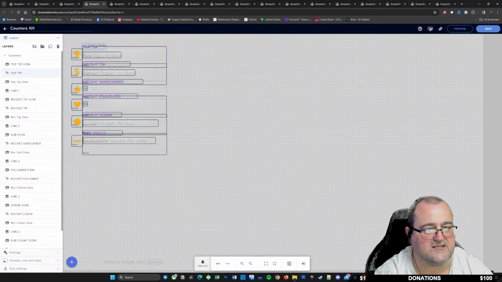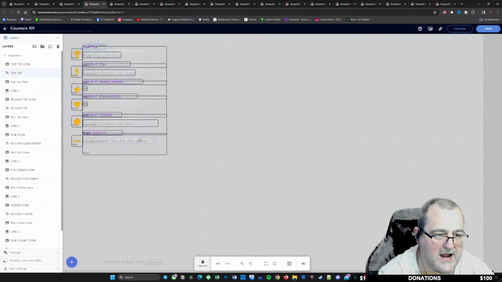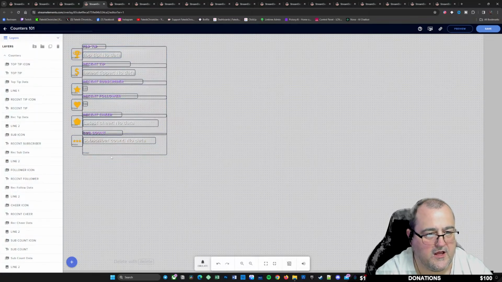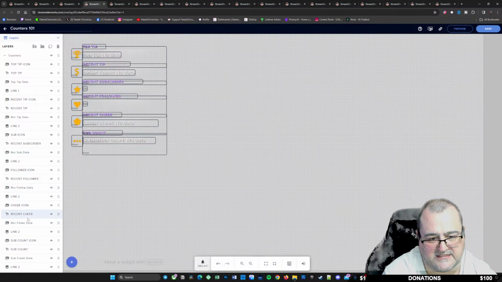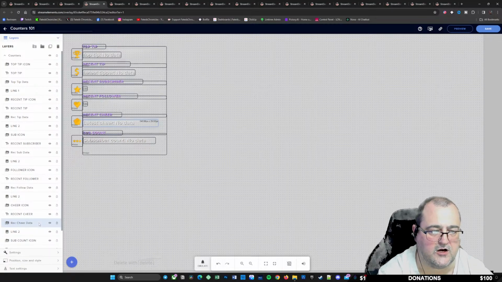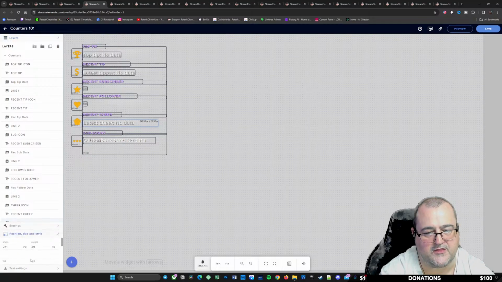Now, you've got the size of the box that you're working with here, but the size of the text is different in each one of these for the information. What I do personally is I'm going to choose one. The biggest one in here is that latest chair data. So we'll just go down to latest chair. We've got the sub count, we've got recent chair. So it's the recent chair data that we're looking at, and that is this box here. So if we have a look at the positioning,